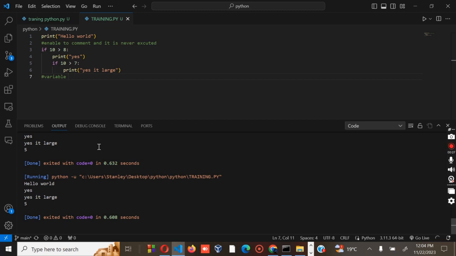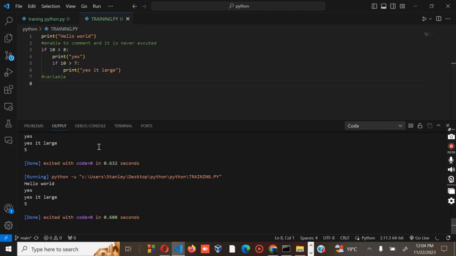In this next part, we have the variables, and variables are containers for storing data values. Unlike other programming languages, Python has no command for declaring a variable. Therefore, variables are created the moment you first assign a value to it. Okay, let's try to do it.